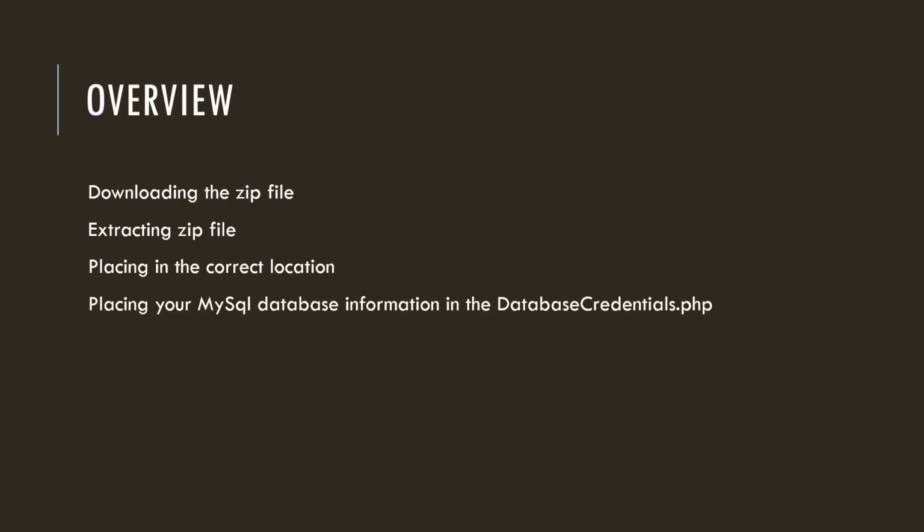What we're going to be doing here is downloading the zip file, extracting the zip file, and placing it in the correct location, and if you don't know what the correct location is, I'll show you where to find it. Then we're going to be placing your SQL database information in the database credentials.php file, uploading that to the web server along with all the other files for Lab9, accessing your site,